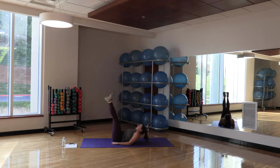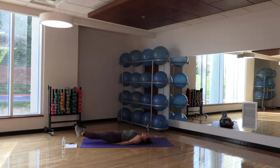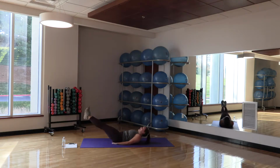So we're taking these legs straight overhead, taking these hands, if you want, into that triangle under our lower back, and we're slowly bringing them down to our mat and using that core as we raise them back up to the top here. If you'd like, you can take it one at a time. Or for that challenge, you can hold them all the way at the bottom here for just a few seconds, feeling it in that lower